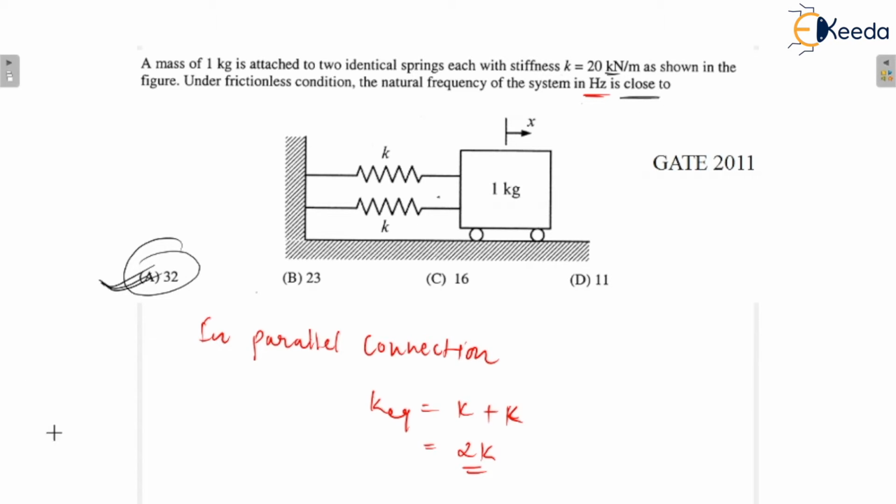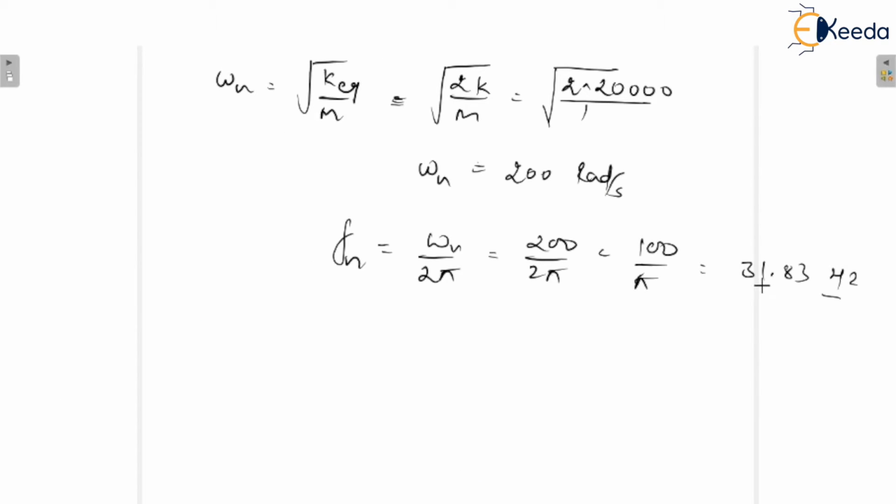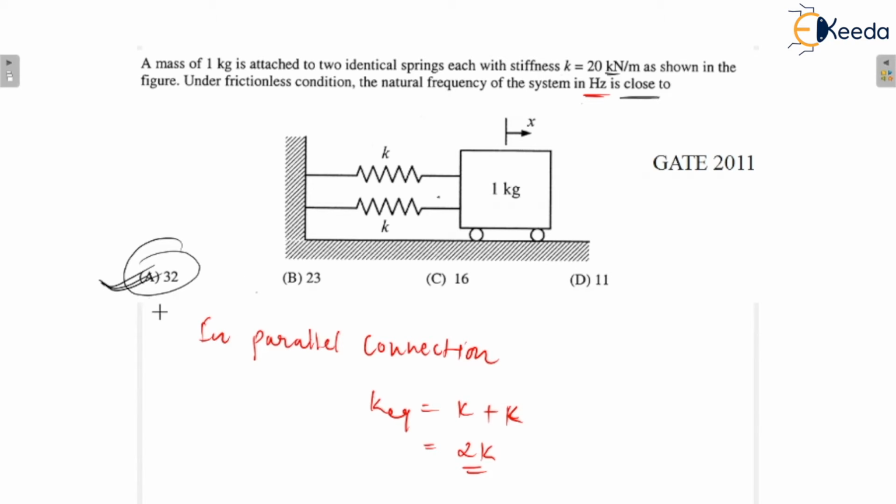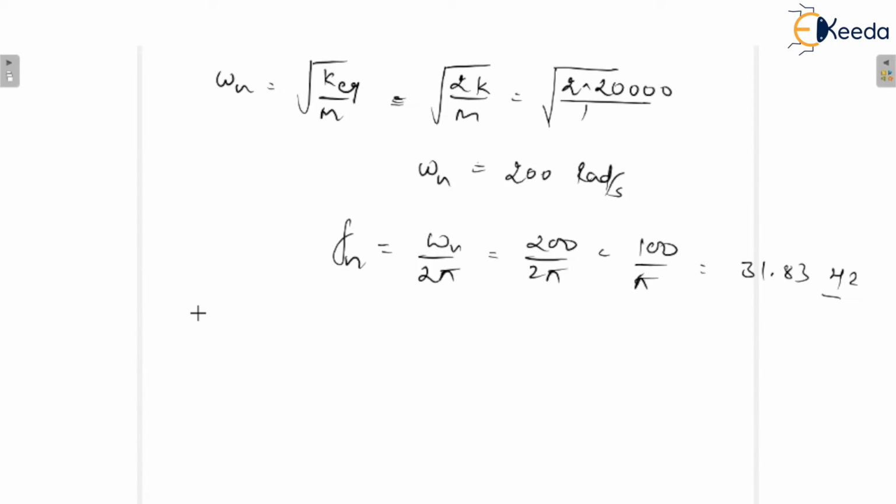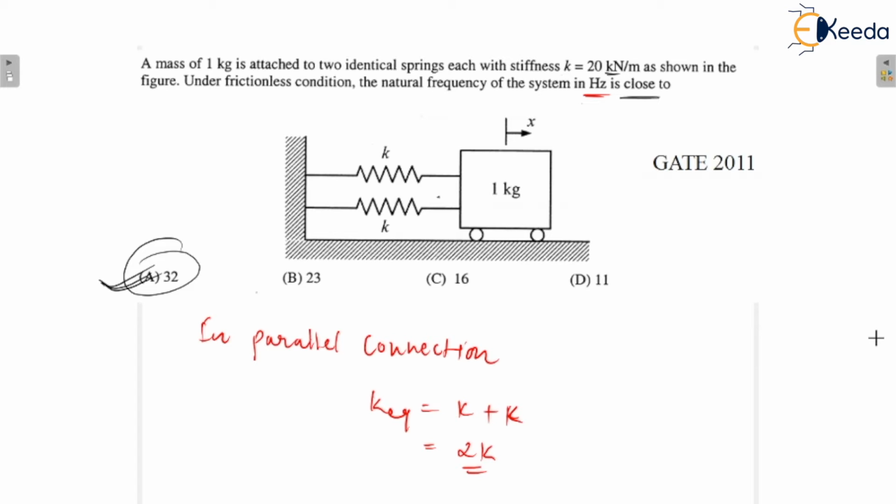Here it is saying close to, so it is close to 32, so option A would be the correct answer. Okay, if it was an integer question, you must be focused on the units because it is asking in hertz. So that's why I already told you many times that when you solve the questions, you just have to focus on what is going to be asked. This is a general thing, but in what unit the answer is going to be asked, this is the important thing. If you make this mistake, that would be an error of accuracy. This is not a mistake of knowledge.